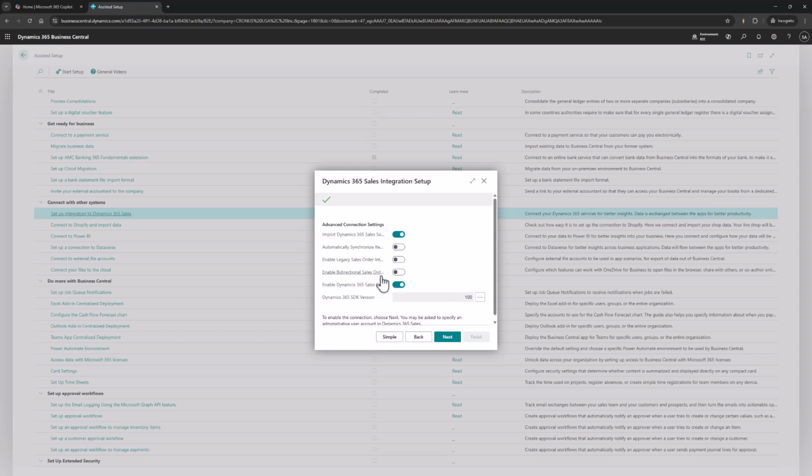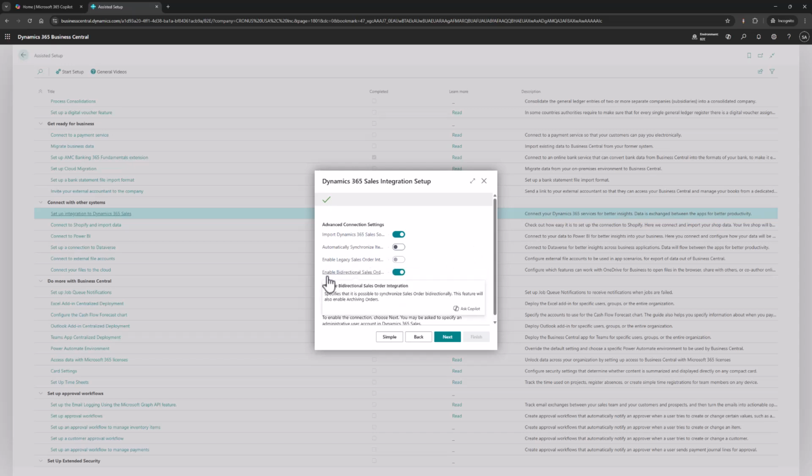First of all, you have the possibility to choose between bidirectional sales order integration or legacy one-directional sales order integration. We will enable the newest one, which is bidirectional, because this allows us to have sales orders written in both systems. If you enable the legacy one, you will process only sales orders which are processed from the BC side.